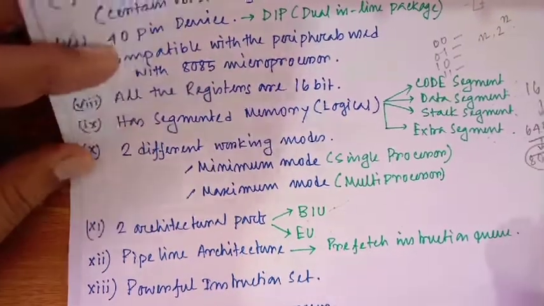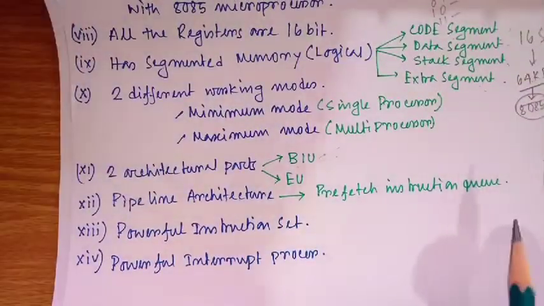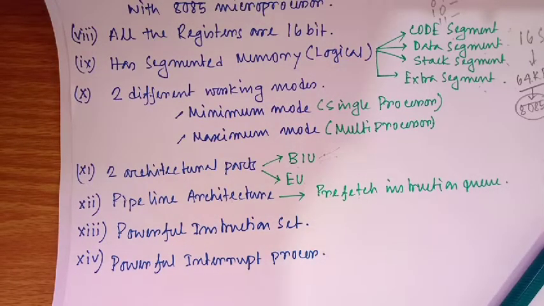And we need to remember that the instruction set of 8086 is a powerful one. Powerful with respect to what? With respect to 8085, its instruction set is a little bit more powerful. We can give an example. In case of 8085, we have instructions for addition and subtraction operations, but we cannot do multiplication and division. But in case of 8086, we have dedicated instructions by which we can perform multiplication and division. So we can say that the capability to perform is better in case of 8086.